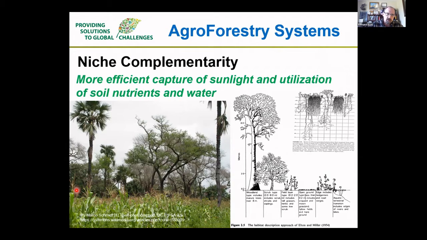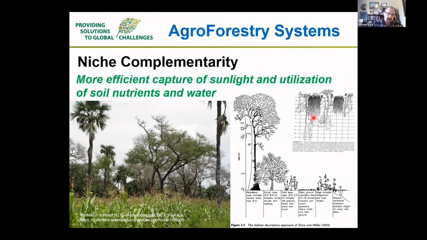And so by integrating these different growth forms, tall structured trees or tall shrubs, low shrubs, and then tall forbs and grasses, we're able to not only get a more diverse canopy structure above ground, which provides greater capture of sunlight, but also, if you think about what's going on among these different growth forms below ground, they all have different and somewhat complementary root systems. Some have large fibrous root systems, some have tap roots.